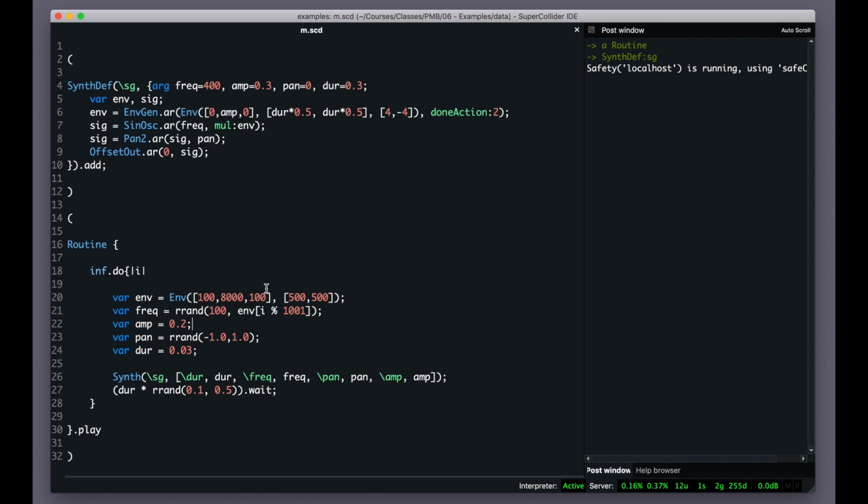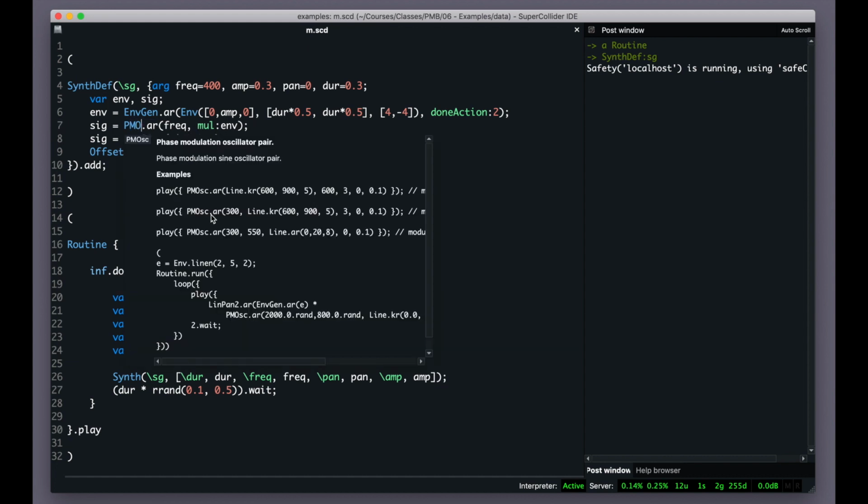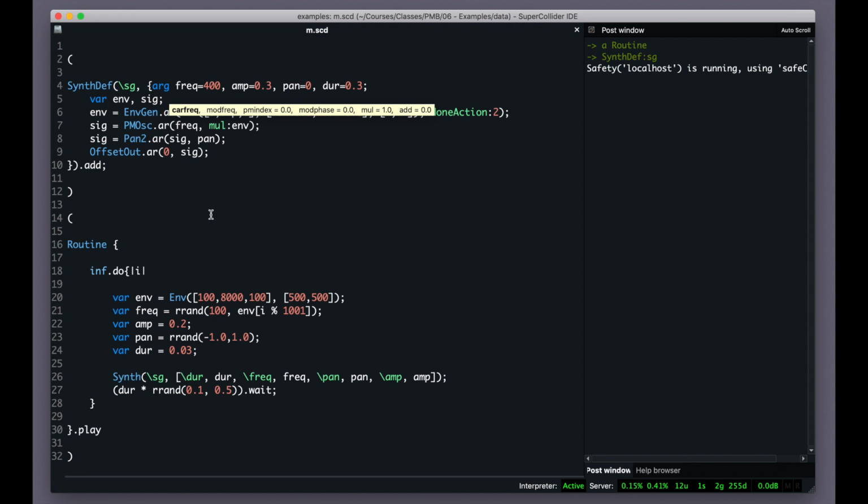Okay, what can we do more to spice up this small microsound movement? One thing we could do, instead of having each grain a sine wave, we could try to have it as an FM synth. So I'm going to use here the PM mask. We have the carrier frequency, the modulation frequency, I'm just going to use the carrier frequency and multiply it by 2, and then the index I'm going to put something like an index 2, and maybe we could even have the index as an input here